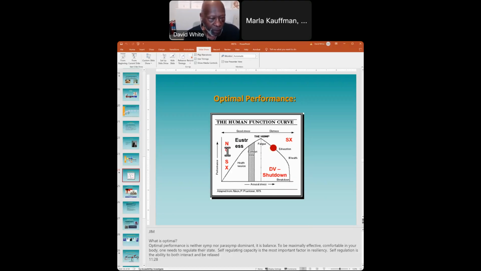Now let's take a quick look at this. Over here, it talks about good stress, but it's not just necessarily good stress. What you have here is there are no symptoms. There are no symptoms associated with burnout or secondary traumatic stress when you're on this side of the Yerkes-Dodson curve. As you go over the hump, now you're symptomatic. Now you're starting to experience pain. You're starting to experience suffering because of what you're doing. And you're eventually going to go into this place of dorsal vagal shutdown, where in polyvagal terms, it's a collapse.